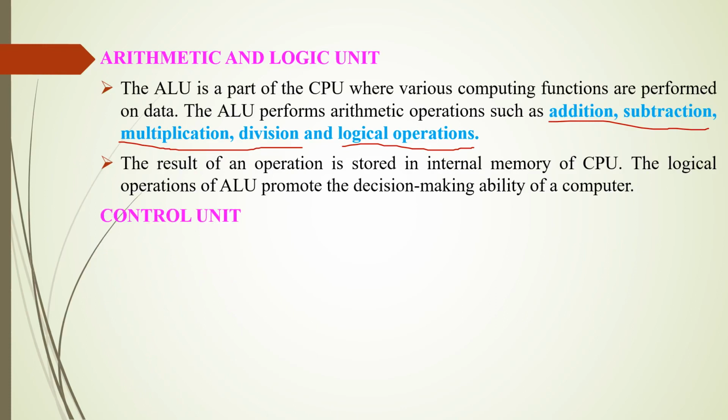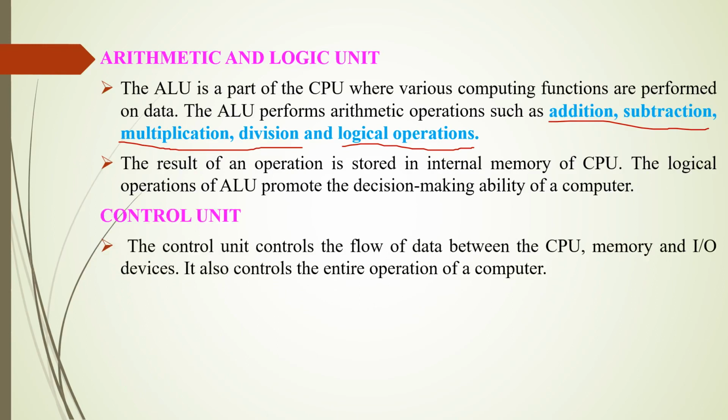The second part of the CPU is the control unit. What is this? Control unit. Just as our mother and father control things in our home, likewise this control unit will control the entire flow of the CPU. Not only the CPU, it also controls the input and output devices, and also the memory unit. I/O is the short form of input and output unit. It not only controls the flow, it also controls the entire operations of the CPU.